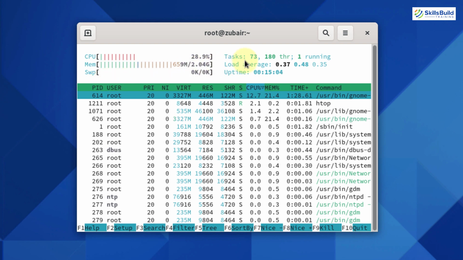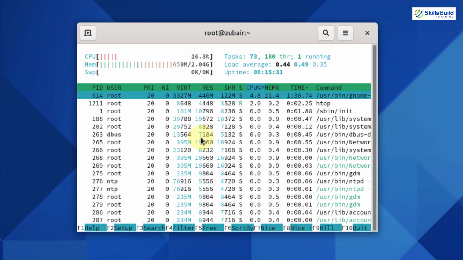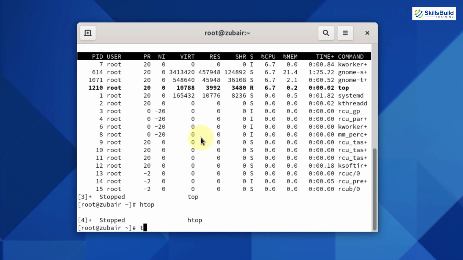And here we have the number of tasks which are running at the moment. Then we have load average, and here we have process IDs, and these are the processes which are running at the moment in our system, and these are the users of these processes. At the moment, most of the processes are being used by the user, and then we have other information about these processes.